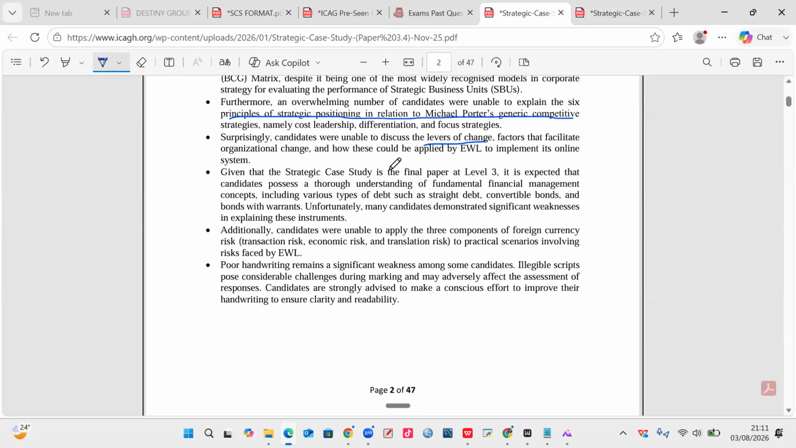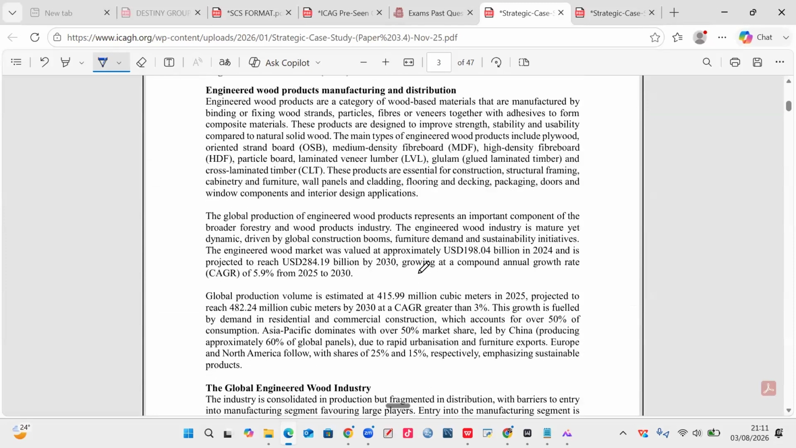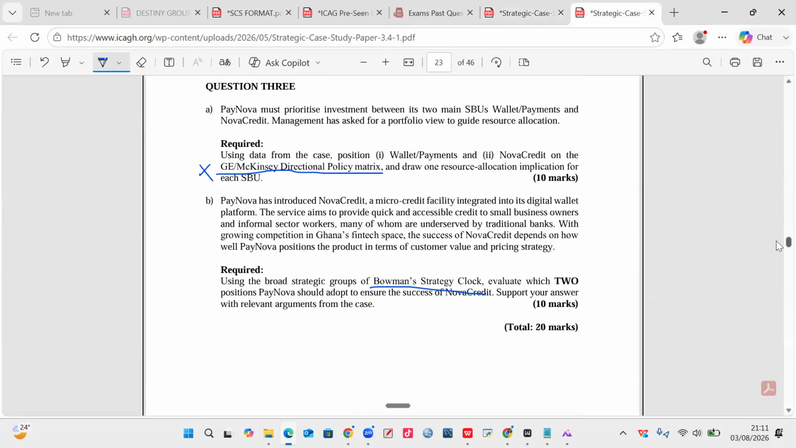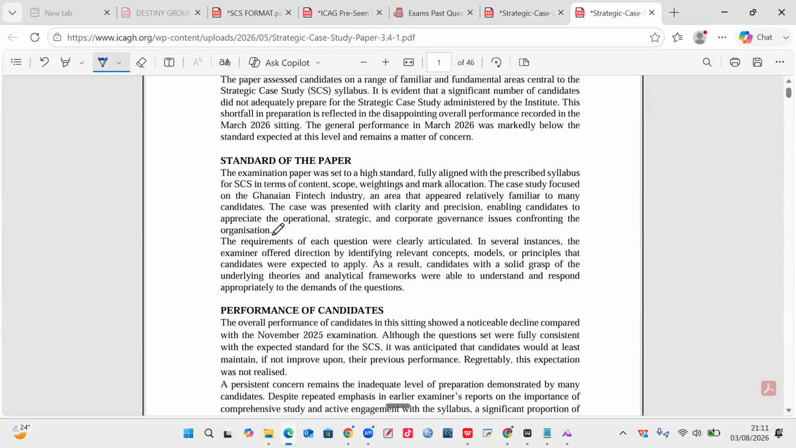Okay, given that the strategic case study is the final paper at level 3, it's expected that candidates possess a thorough understanding of fundamental FM concepts, NPV and so on, including various types of debts. Additionally, candidates were unable to apply the 3 components of foreign currency. They usually state something which I just want to stress on. Let me check whether it is here. So one of the things they usually comment on,